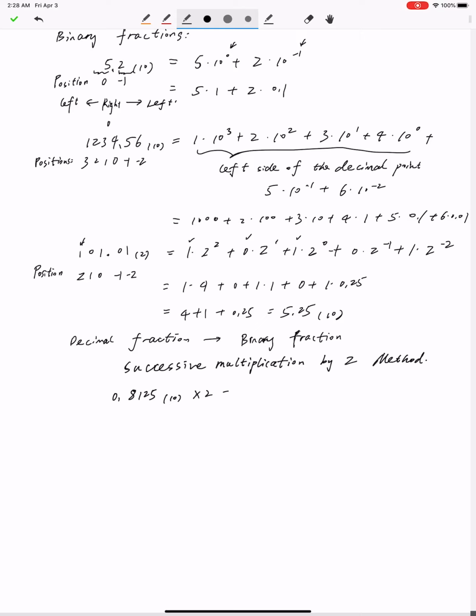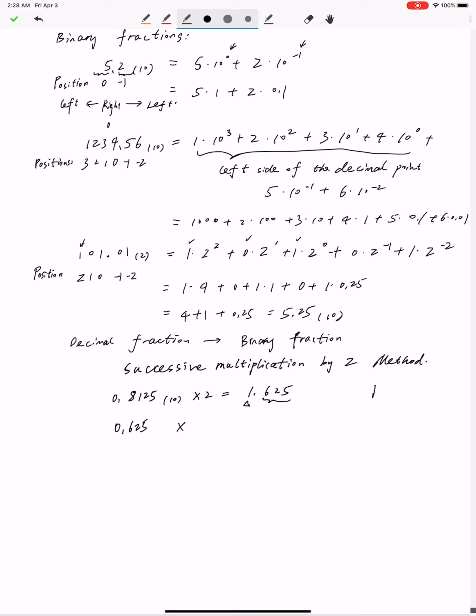So the first time of the multiplication, that equals to 1.625, right? And here we record the integer part, right? We write it here, that is 1. And then we put the fraction part to here